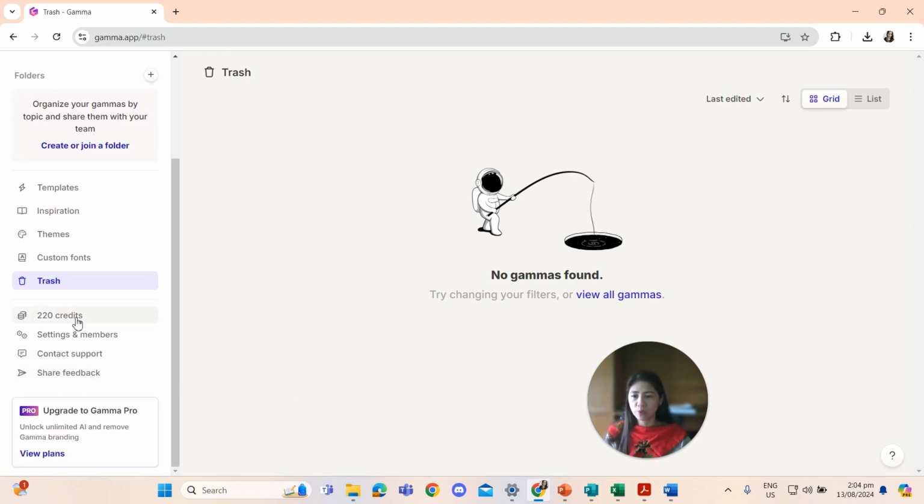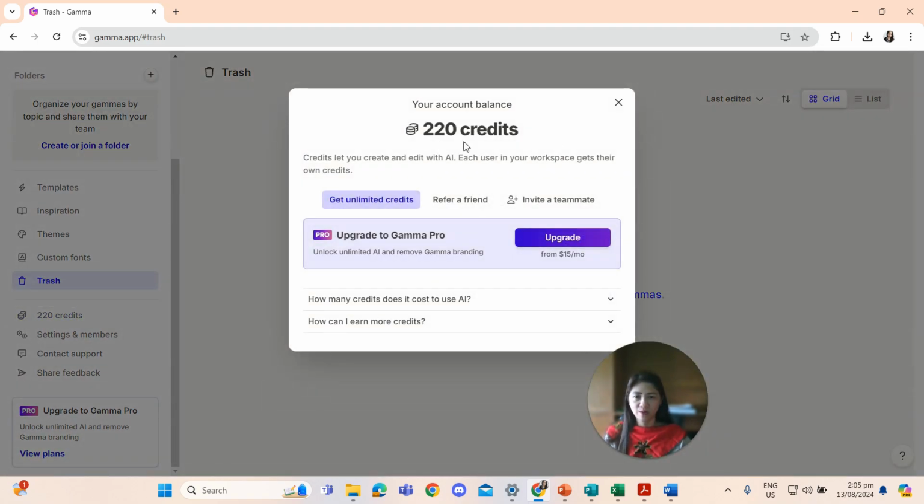Then I have only 220 credits or coins here. It says, get unlimited credits, of course. I have to upgrade from the trial account to the Pro one. So unlock unlimited AI and remove Gamma branding. It costs 15 US dollars per month.